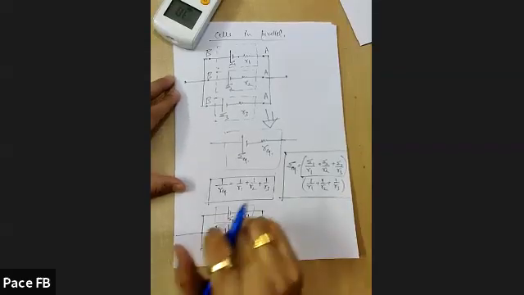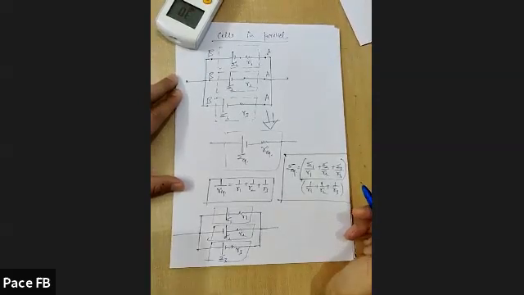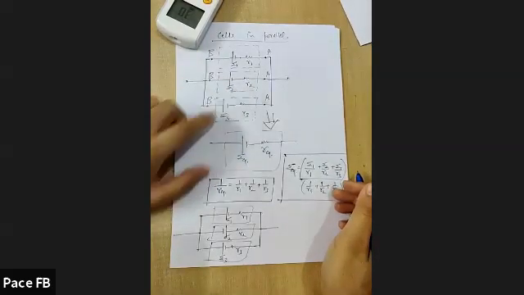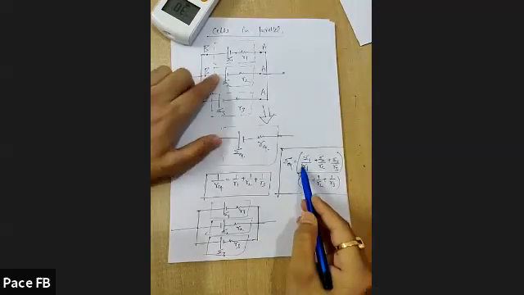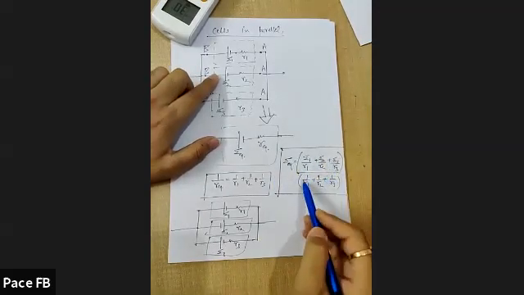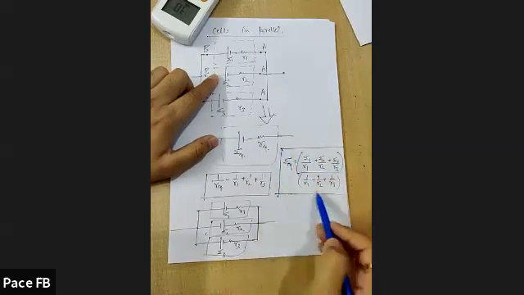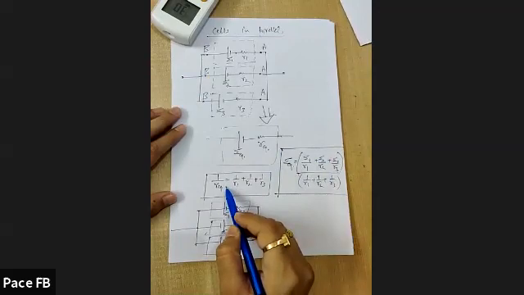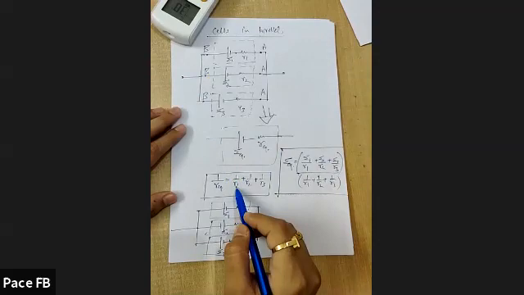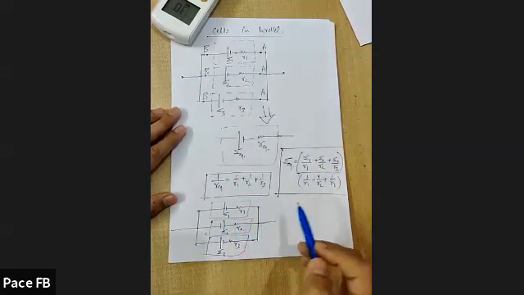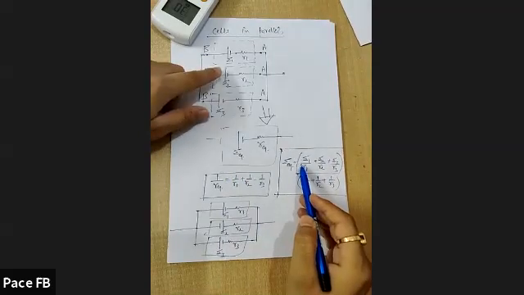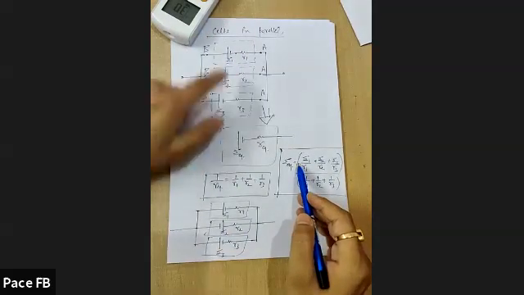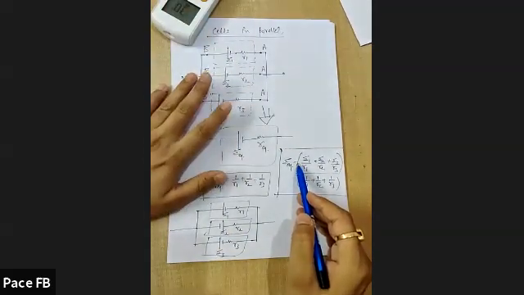Okay. So when cells are connected in parallel, and each cell is having EMF and internal resistance, how to find out the equivalent? It is E1 upon R1 plus E2 upon R2 plus E3 upon R3 upon 1 upon R1 plus 1 upon R2 plus 1 upon R3. This whole expression will give you E equivalent, and R equivalent the same way as we find out for parallel: 1 upon R equivalent is equal to 1 upon R1 plus 1 upon R2 plus 1 upon R3. This formula is for when all the positive terminals are on left hand side or right hand side, and all the negative terminals of the cells are on either right hand side or left hand side.